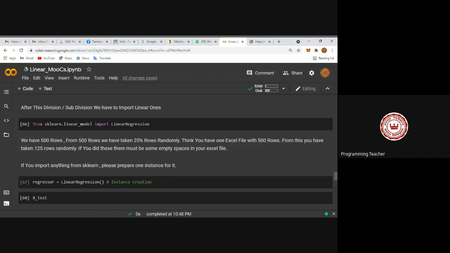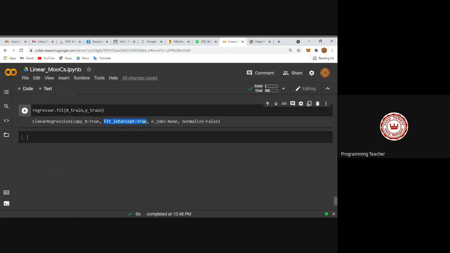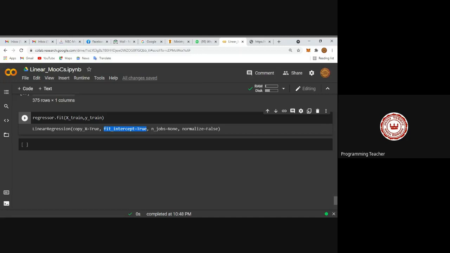So as a data scientist, what is your job role? You have to make the alignment a proper structure. Manually it is not possible, so you have to use the command logically. Just use the keyword fit. regression.fit for X train and Y train, because the test is fully ready. No need to do anything with the X test.